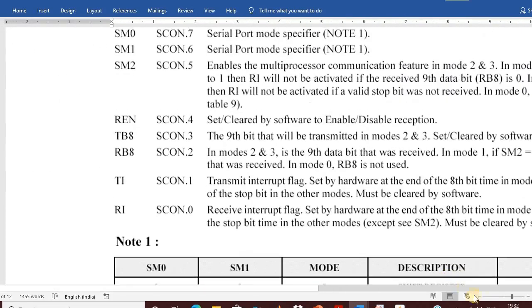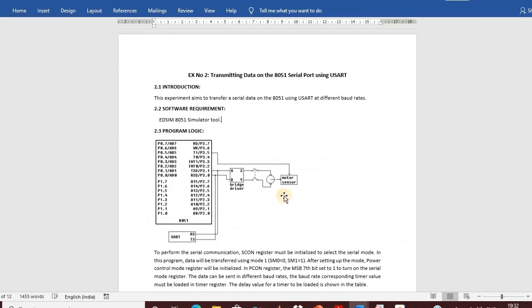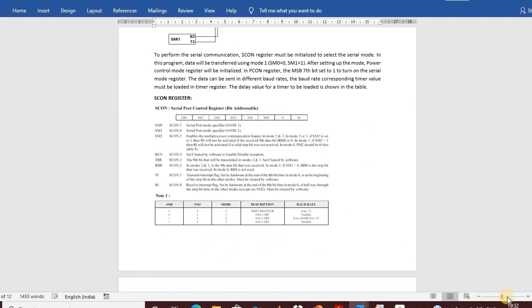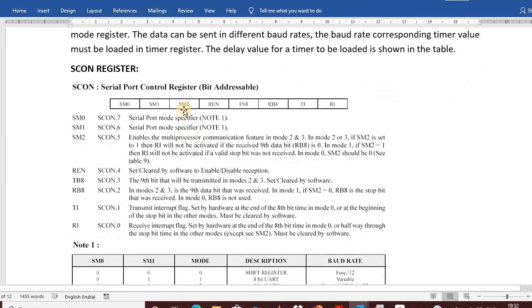And then the next bit is SM2. SM2 is used for multiprocessor communication, so for this program we don't require this pin. Then there is receive enable, which is set or cleared by the software to enable or disable reception.